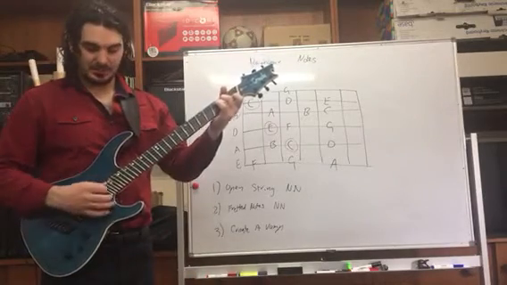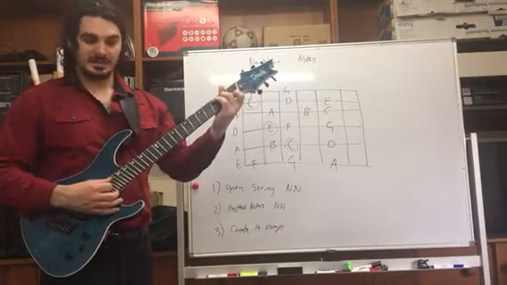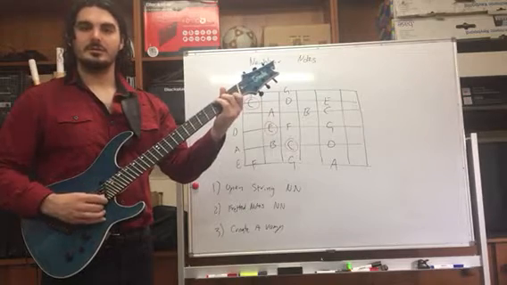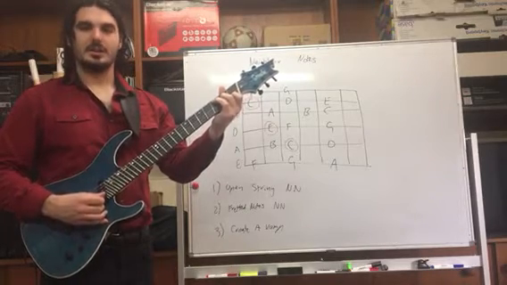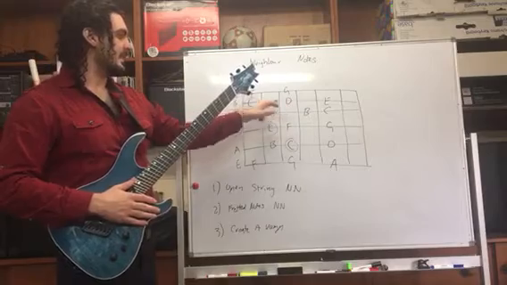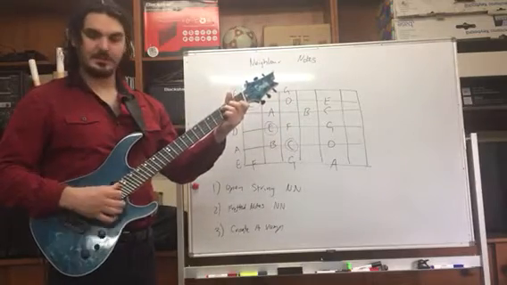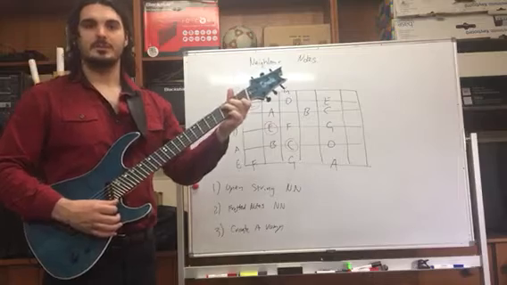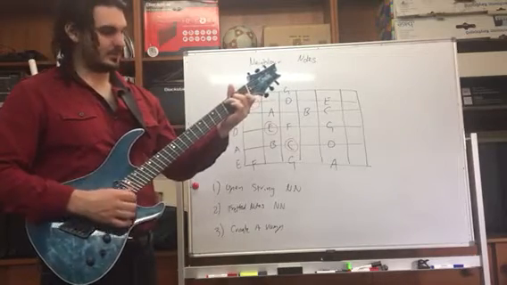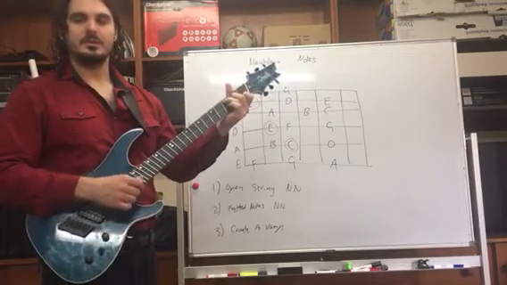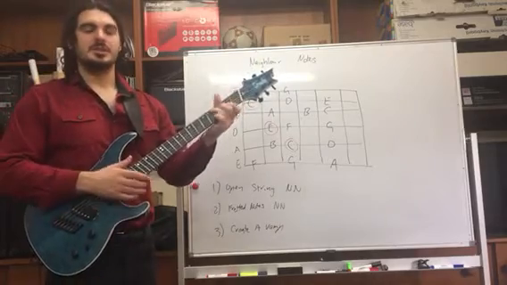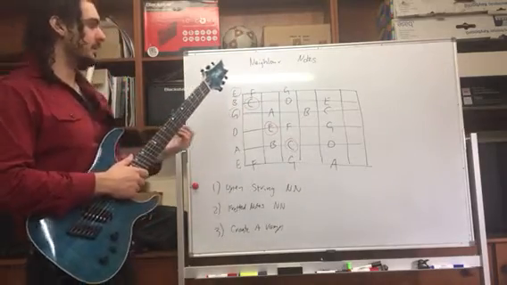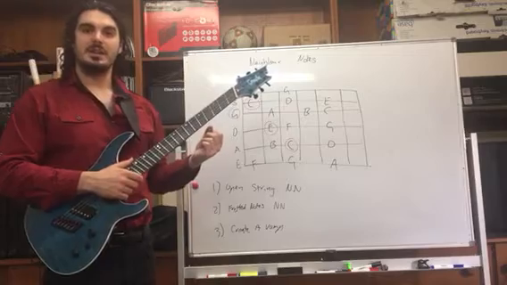So if I've got this C chord, I can hammer on from the B to the C. I can also go from the D and pull off back to the C. And I can create licks where I do both. So basically this requires a little bit of a theoretical understanding of our keys, but